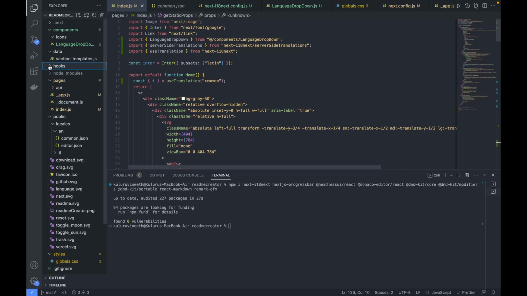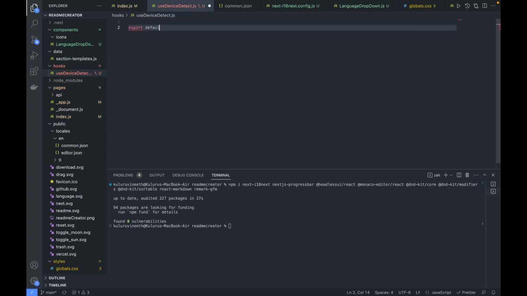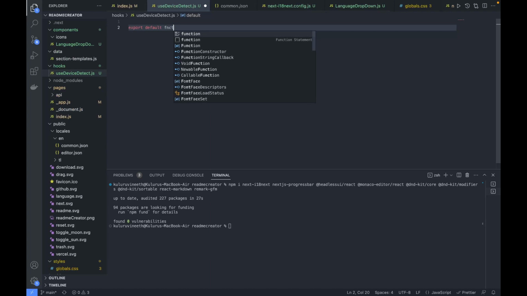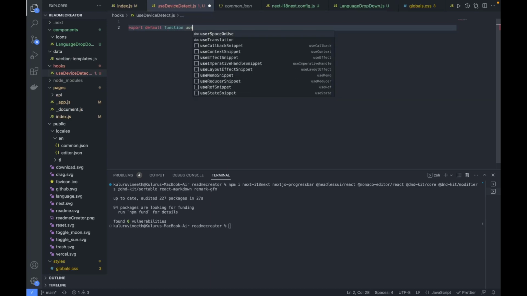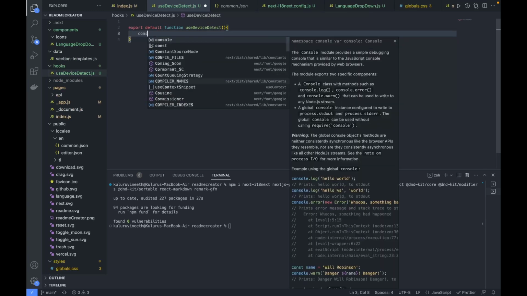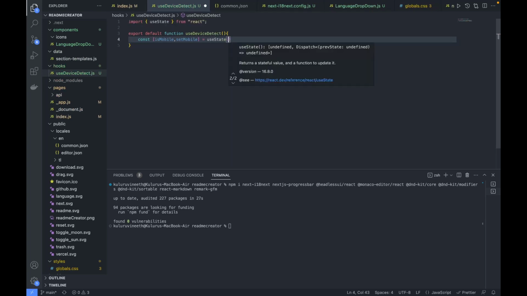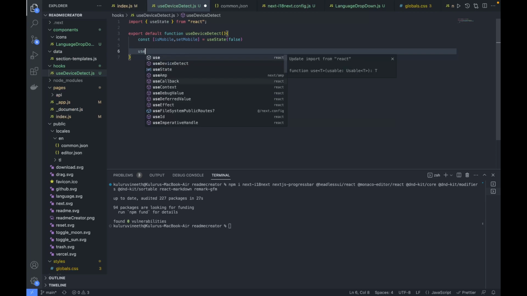So let me create first the use device detect hook. Let me name this use device detect.js. Here I'll write export default function, I'll name this use device detect, and I need one state variable, that is mobile or not, just to keep track. So set mobile, and initially I'll make this false. And a useEffect hook,